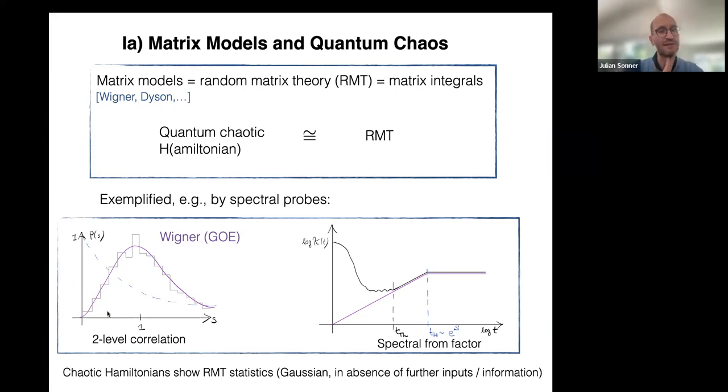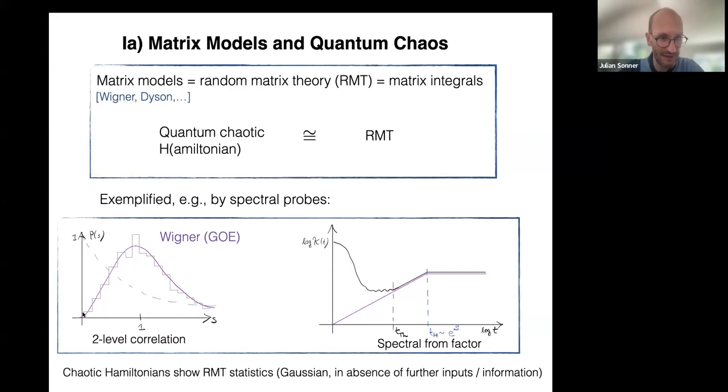Let's say you want to know how levels are distributed across the spectrum, and you want to know, for example, what is the likely distance between two levels? You take two neighboring levels and you ask what is the distance between them. You can ask this question about your favorite chaotic quantum system, and I want you to focus here on the left side, on this histogram type curve. It means that you take an energy level somewhere in the spectrum, and you ask how far away is the neighboring energy level. And you do this all across the spectrum,